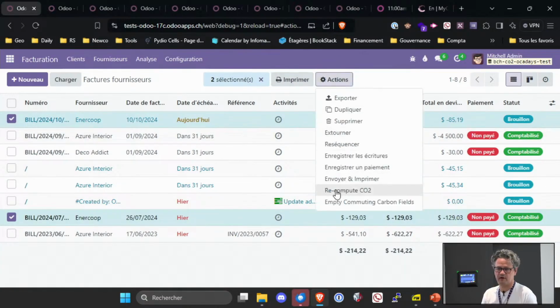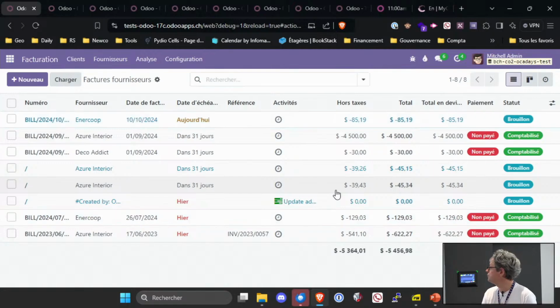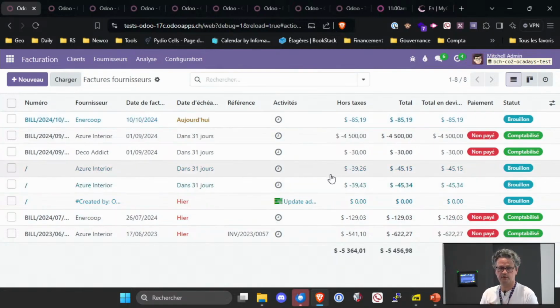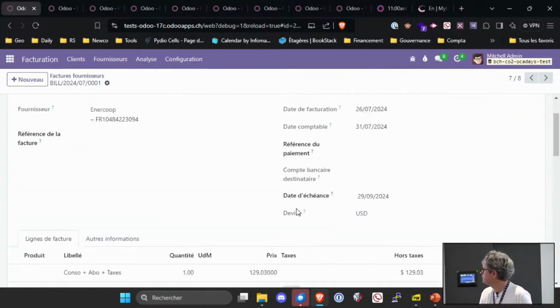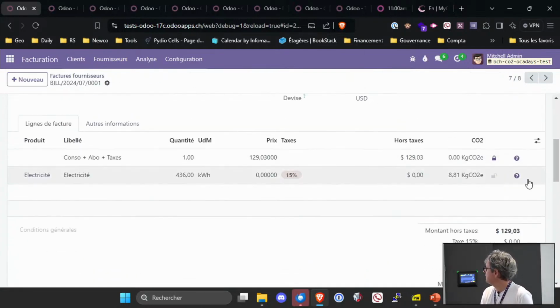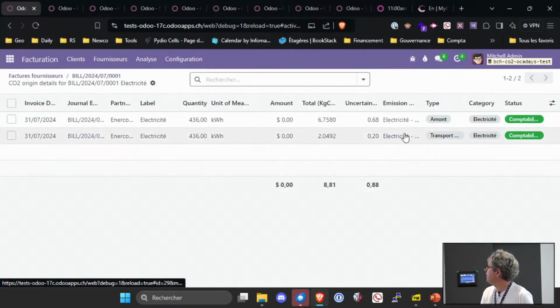You can imagine you can have thousands of invoices. You just recompute, and your carbon footprint is up to date. It's as simple as this. And if you look into the details, you realize that everything has been recomputed. Here we are down to 8 kilograms. And now the one being used is the Enercop one. Right?